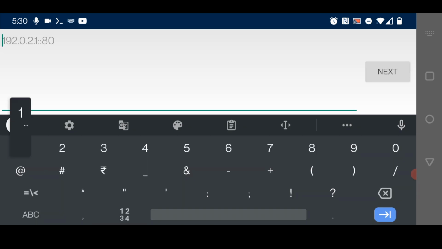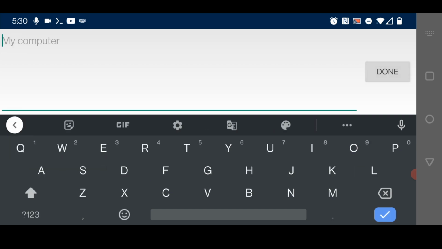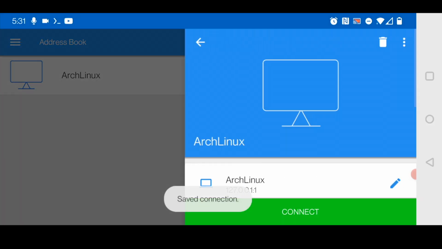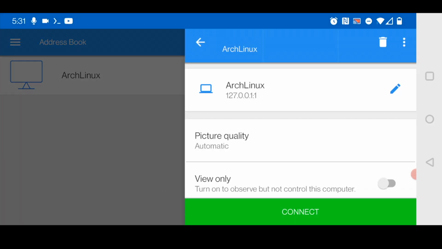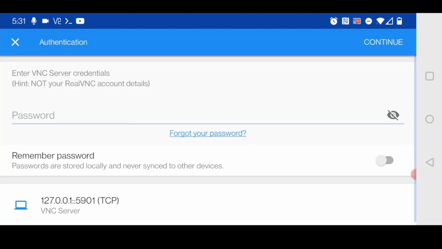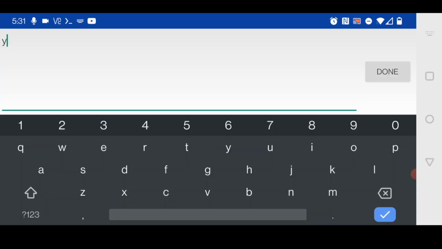Now give here the address 127.0.0.1:1, next, and give here the name Arch Linux. Done. Now simply click on Connect, click on OK, and give the password